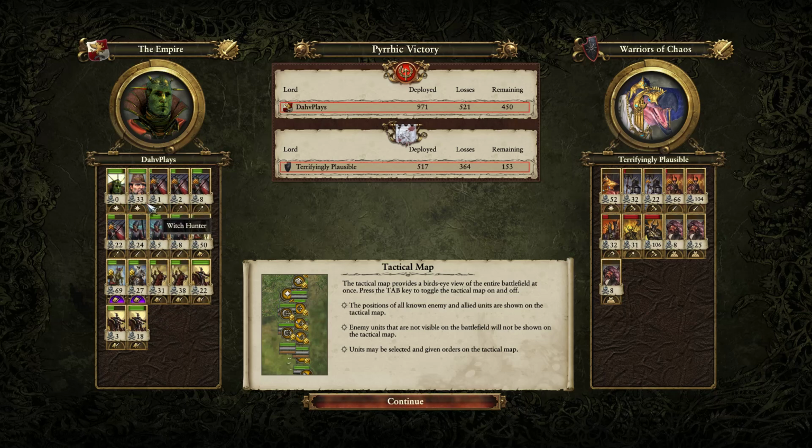so the Witch Hunter as well, picking up 33 kills on infantry. Didn't get the most kills, but then again, he didn't really get called upon to do too much. But at the end of the day, for my opponent, the Chaos Spawn just really didn't pay off,